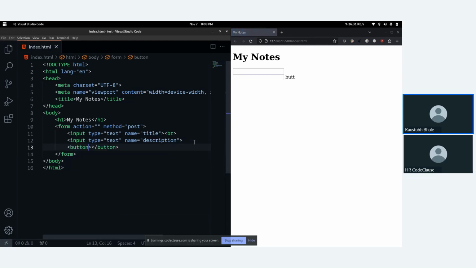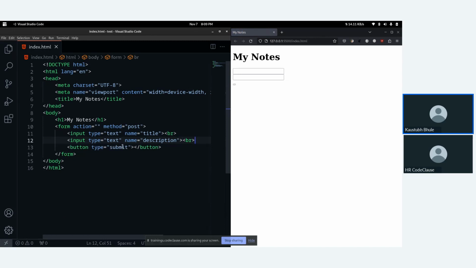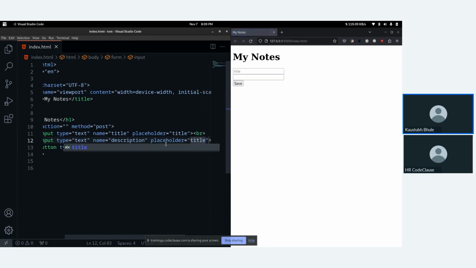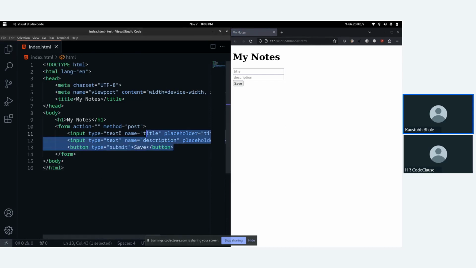And a button, which is type submit, saying save. Also add some placeholder, which is title, placeholder title. Sorry, description. Fine. So here is our basic form.